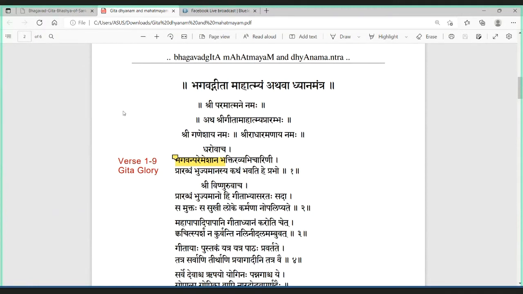So, Gita Mahatmyam. Mahatmyam here, clearly it is that Arthavad of Gita, Bhagavad Gita. This is not a part of the Bhagavad Gita, it is not a part of Mahabharata. It is actually from a Puran, and in the Puran, it is the Varaha Purana. In the Puran, there is a dialogue between Vishnu and Prithvi, Dharti,